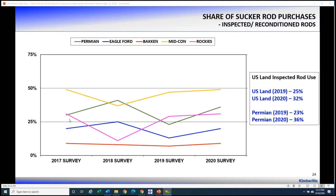We saw this happen again back in 17 and 18, when folks were converting rod-lifted wells to gas-lifted wells, like in the Eagle Ford and other regions, and it was creating a surplus. What's interesting today in 2020 is we estimate that nearly two-thirds of the surface units that are being placed into use today are really used and redistributed equipment. So the E&P operators are being very resourceful and very value conscious in terms of how they go about meeting